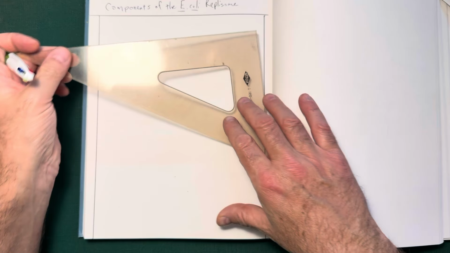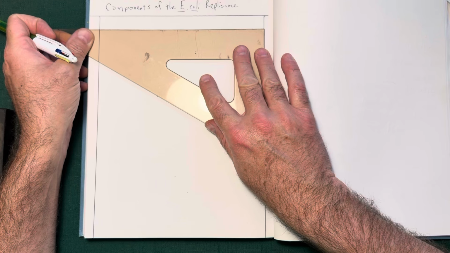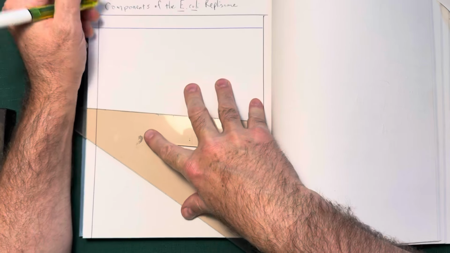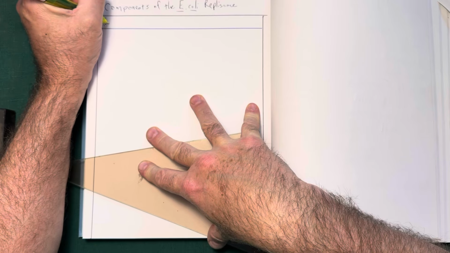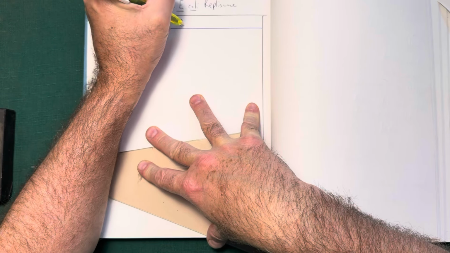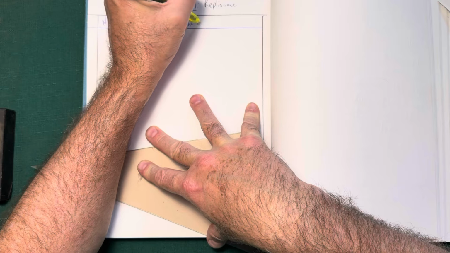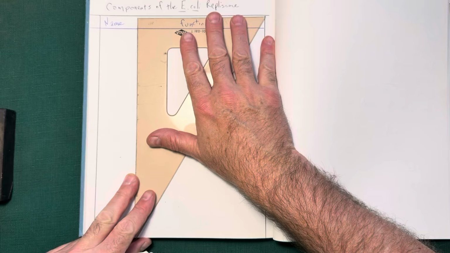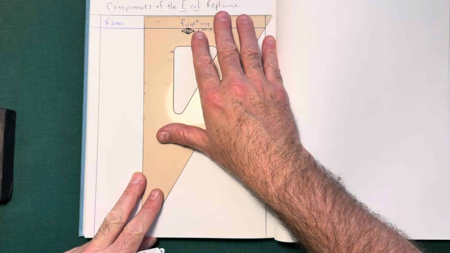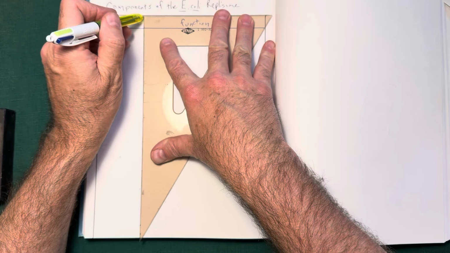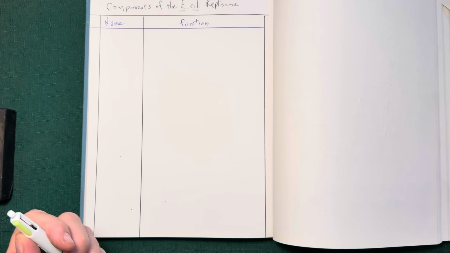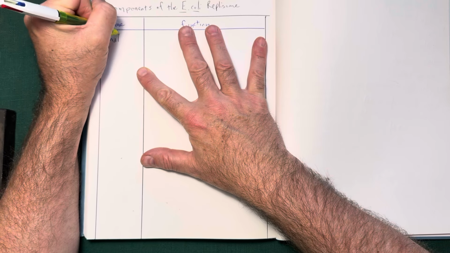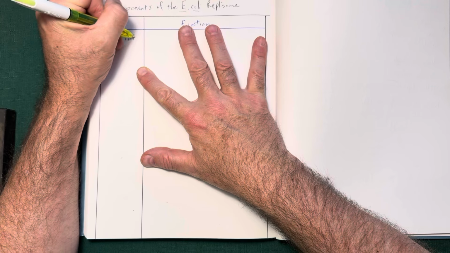So, I'm going to use my handy dandy straight edge here. And we're going to have the name of the component and the function of that component. Using my fancy 4-color pen today. All right. So first component I want to tell you about is a protein called DNA A, which requires energy to